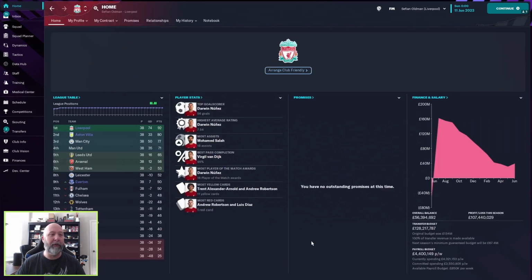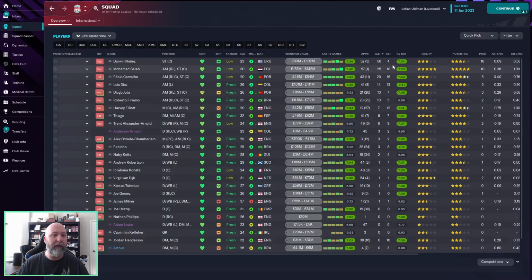If we finish with Liverpool, though, you could see top goal scorer, 56 whopping goals for Nunez. 7.54 for Nunez, though, highest average rating. I would have actually expected that to be a little higher. 7.54 is fantastic, but still, we've seen Salah with like 50 goals and an 8 rating. So most assists, Salah with 18 assists, and then most Player of the Match awards, 16 for Nunez. And if we look at the squad and we look at the goals, 56 for Nunez, 25 for Salah,